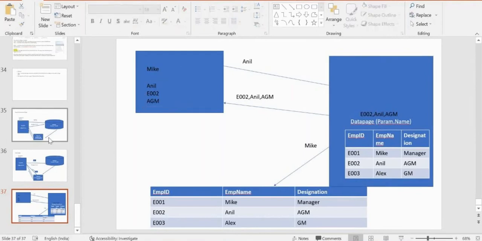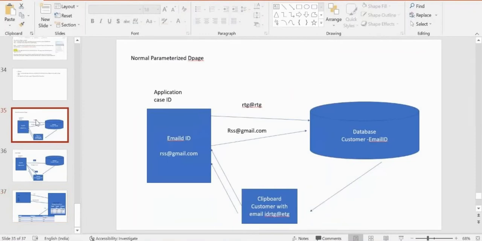In another way, if it is a normal parameterized data page, every time it will go to the database and copy that into the clipboard, and from the clipboard you get the data. Every time it has to go to your database.